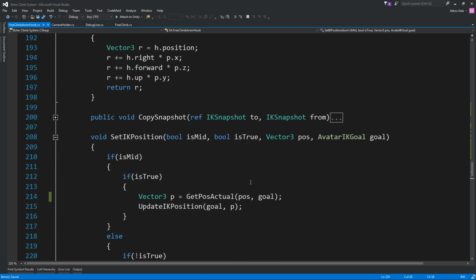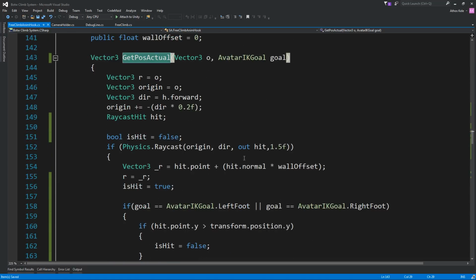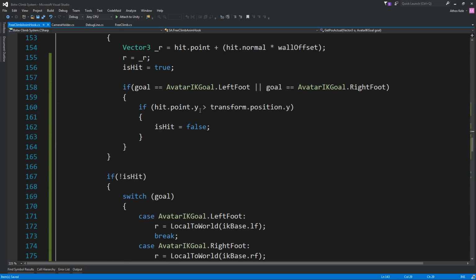Or it might be because we don't actually move this. We'll see. Let's say 0.5.